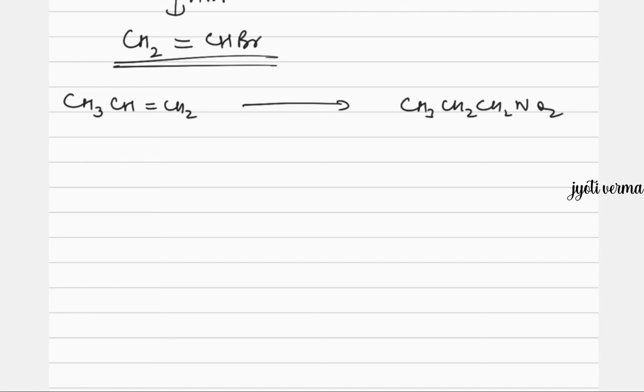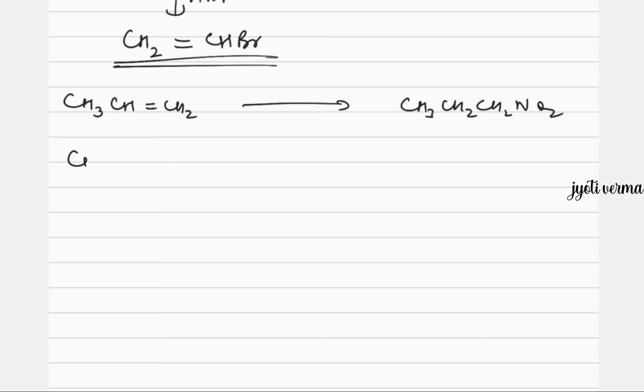And if we do addition of HBr and then we do its reaction, then too it is not easy. Why not? Because HBr addition will lead to 2-bromopropane. So we should add HBr, no doubt, but in presence of peroxide, so that we can get Br at number 1 position. That is why. So what should we do?